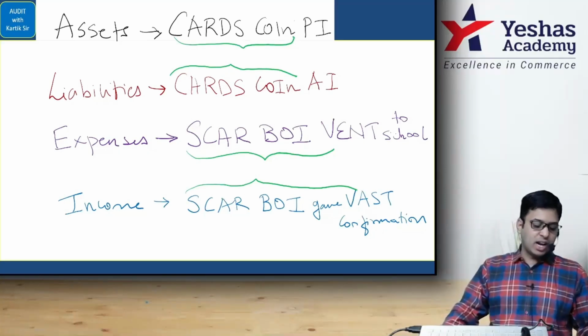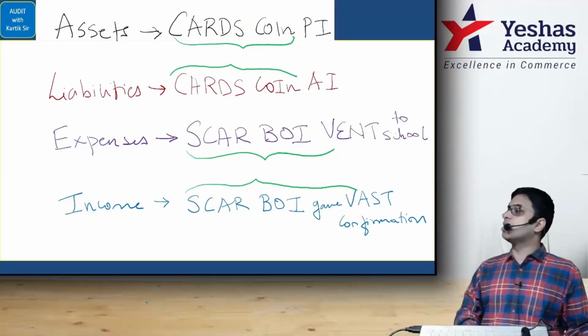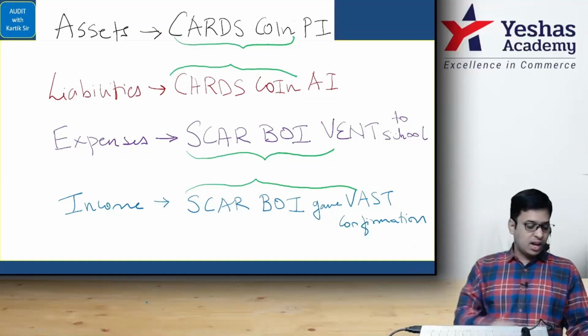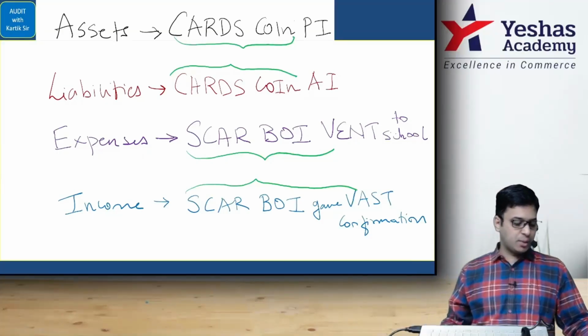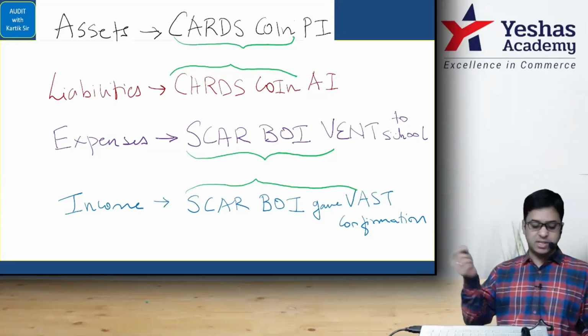Point number 7, review of internal controls. See, there also we saw internal controls. Here also, again internal controls. But this internal control will be catered towards the expenses part. So that is how you have to write in the examination. Be smart in this. Read with me. Evaluate the effectiveness of internal controls over expense authorization, recording, and payment. Test controls related to expense approvals, segregation of duties, and payment processes. So this is catered towards the expense area.